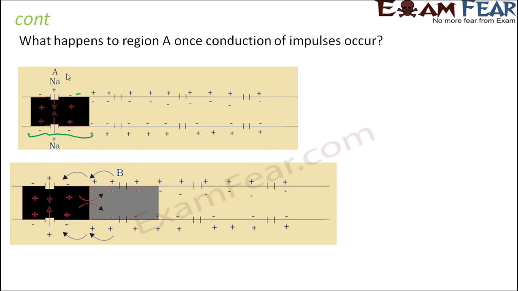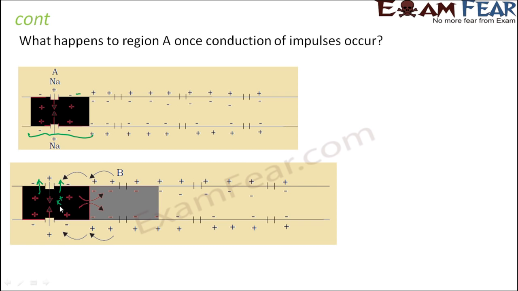Right? Now as long as sodium ions are coming in, the inside will be positive and the outside will be negative. But that is short-lived. It will happen only for a small amount of time. Once the influx has taken place, the current flow will take place from A to B, so the action potential will get conducted from region A to region B. That is also clear. After that, in region A, the permeability of potassium ions will increase, and therefore the potassium ions will be sent